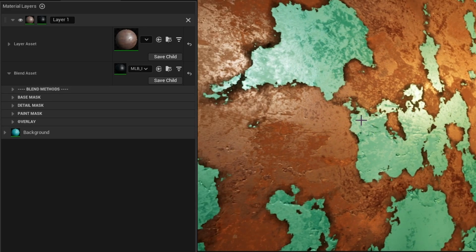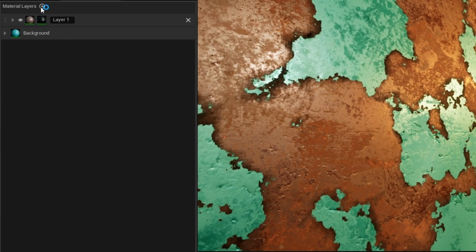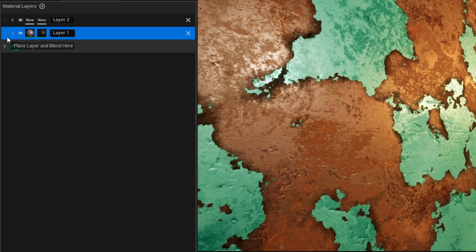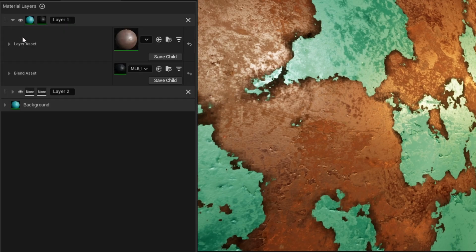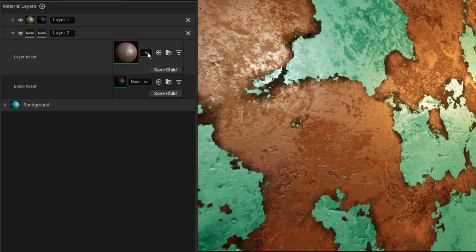But I want some effects on the metal side of the blend, so we can add another layer. But this time I want to put it on the middle. You'll see in a second. So I just swap our layers. The rust is still on the top. So in the middle I have